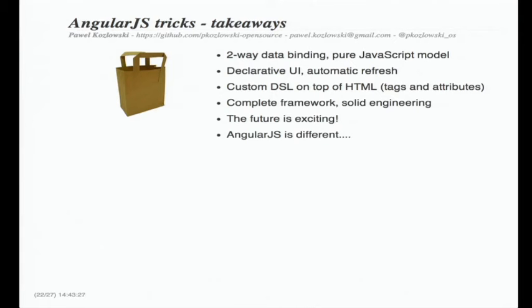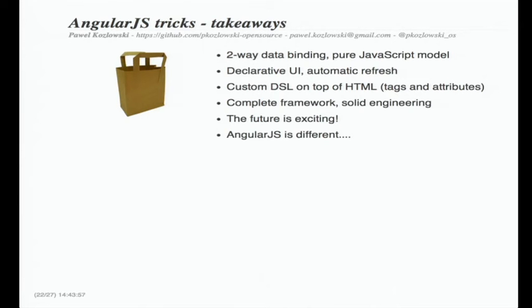Well, what I would like you to take home from this talk is, first of all, give AngularJS a try, because I think it has very nice properties. And what we immediately see is this two-way data binding with the pure JavaScript model, and this whole UI that gets automatically refreshed or repainted because it is expressed in a declarative way.